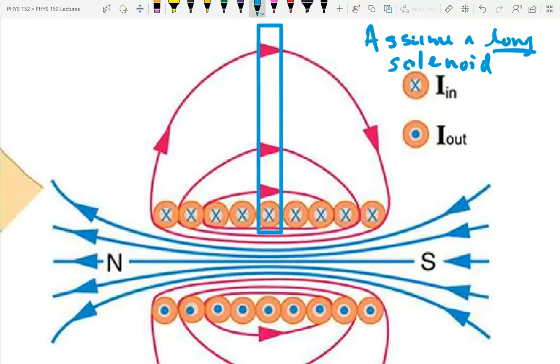If it's a long solenoid, then this figure here, which is pretty exaggerated, is going to be very uniform in the center. That is, the magnetic field in the center is just going to be constant and horizontal. It doesn't matter if I put the bottom of my rectangle anywhere in here, it's going to have the same magnetic field strength,